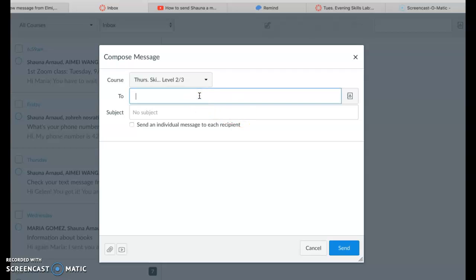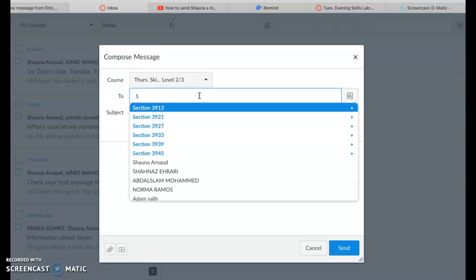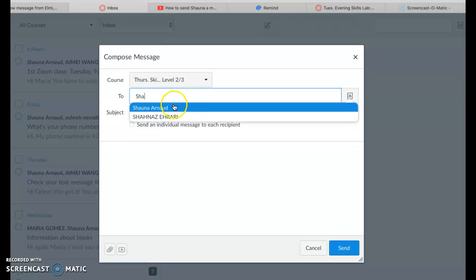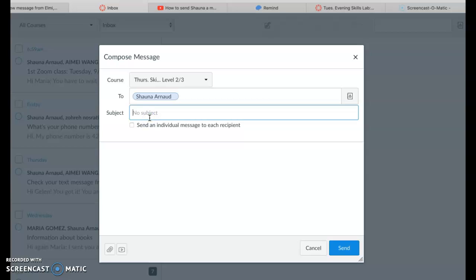Start to type my name, capital S-H-A, and there I am. And you can send me a message. Subject means the title of your email. What will the email be about? You can say, for example,